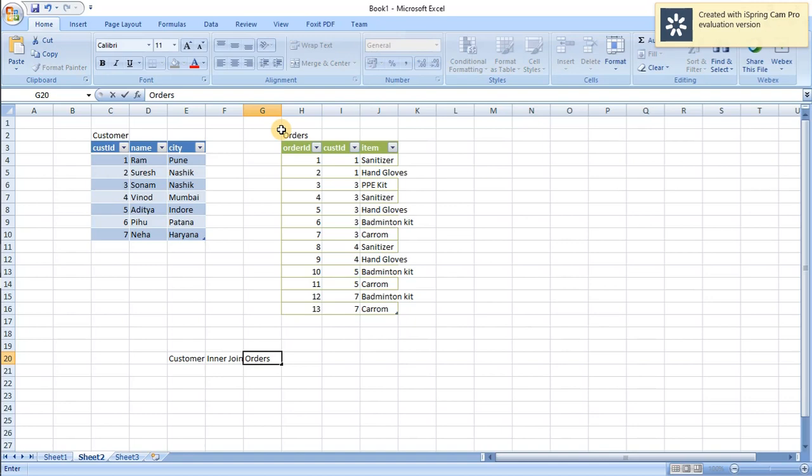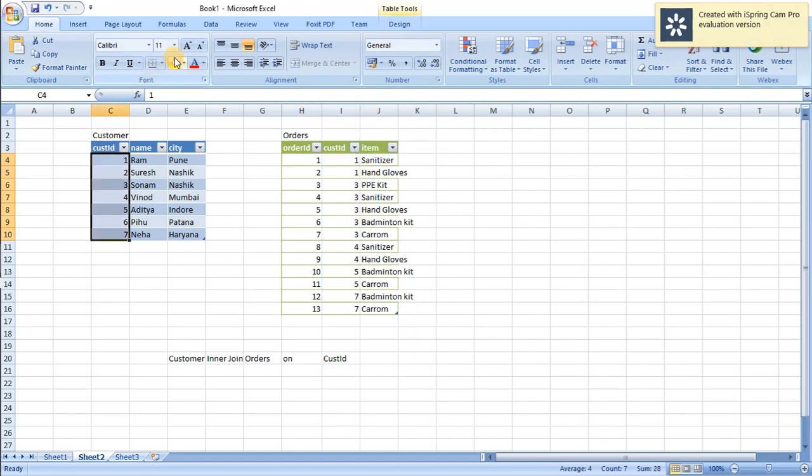So we are joining these two tables, the type of join is inner, and the common column is customer ID. So how does this work? For our example, this is table 1 and this is table 2. Whenever an inner join operation is called, it will be called on this common column, customer ID. I just highlight them.